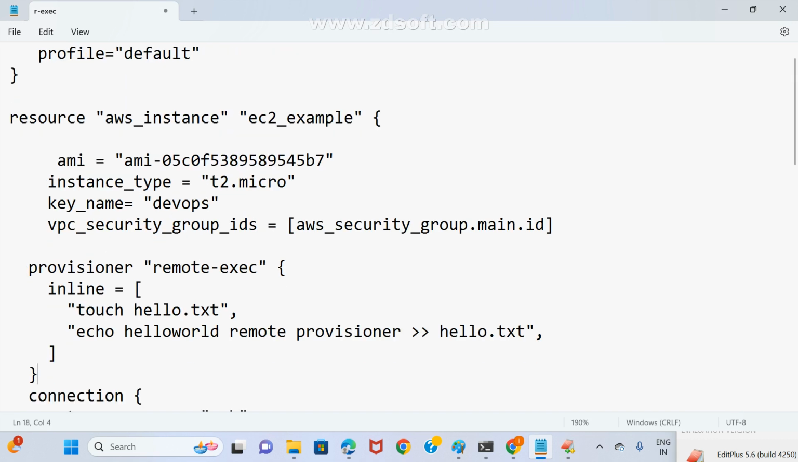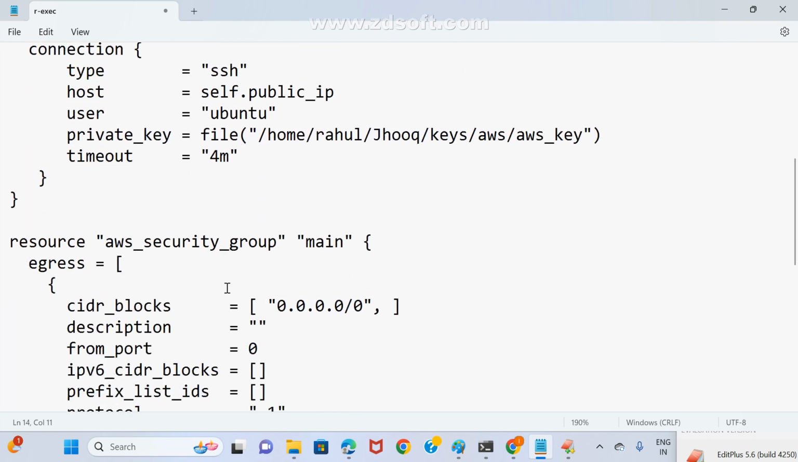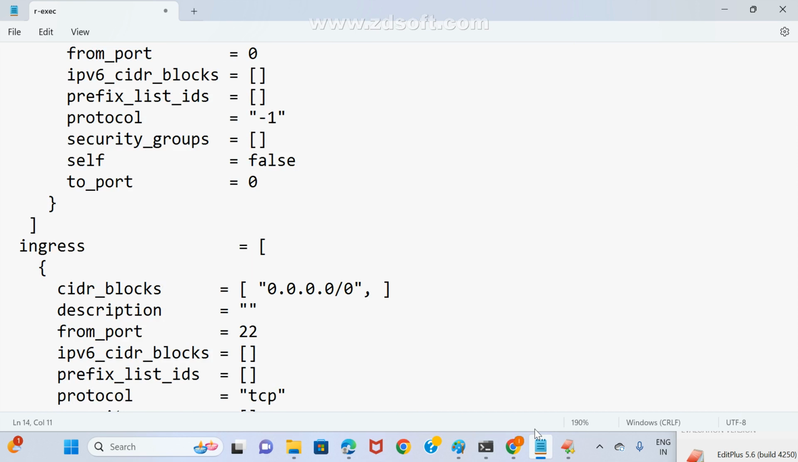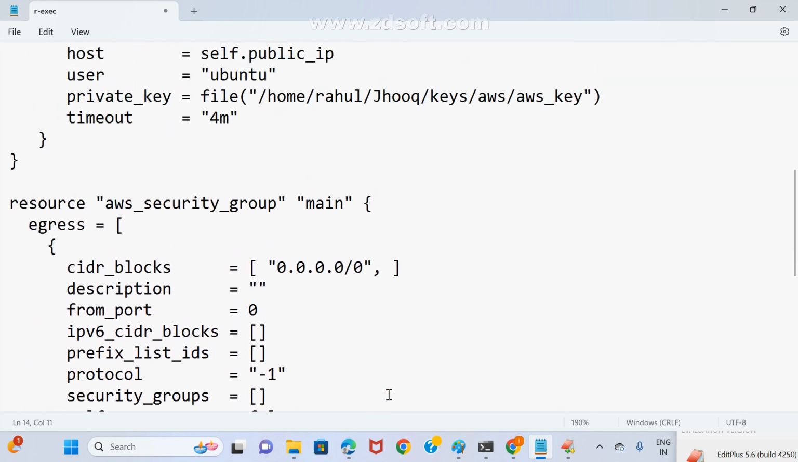Now observe here. In the previous scenario, we took a provisioner. What is the name of the provisioner? Local EXEC. Now what is the provisioner name? Remote EXEC. There we are using inline. See, inline means internal, number one meaning. Inline means internal. Number two, even somewhere I explained in AWS, there